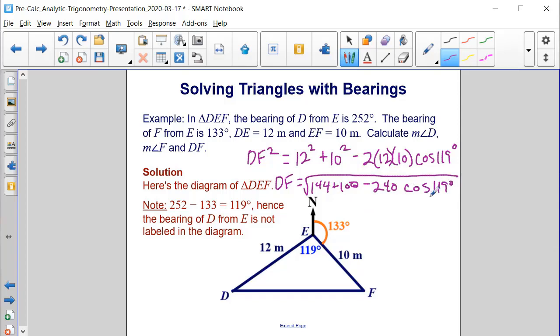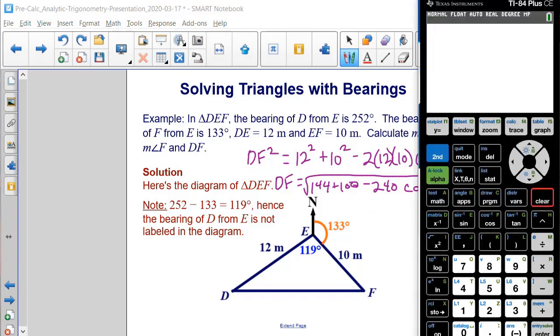And if we substitute this expression into a calculator, we're going to have 144 plus 100 minus 240, and then cosine of 119, close parenthesis for the cosine as well as the parenthesis that's in the square root, and that's going to equal